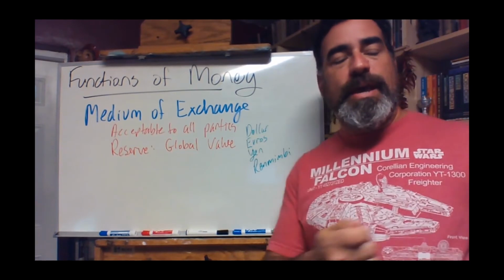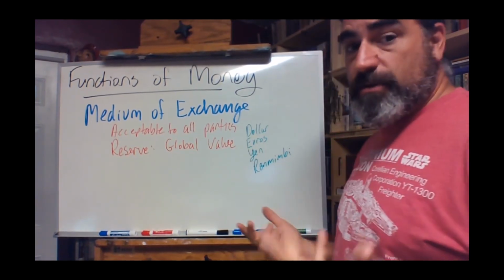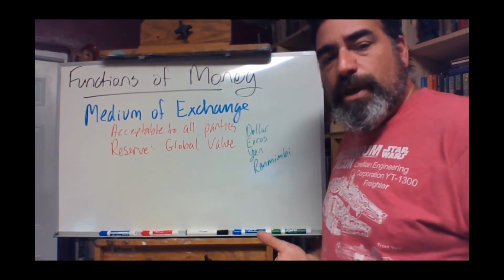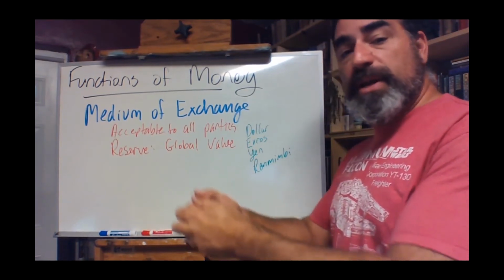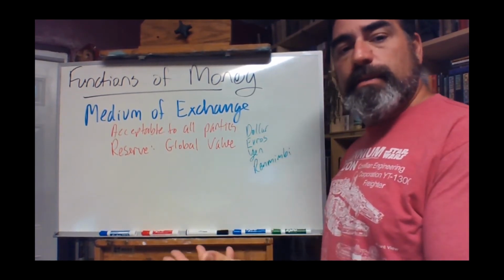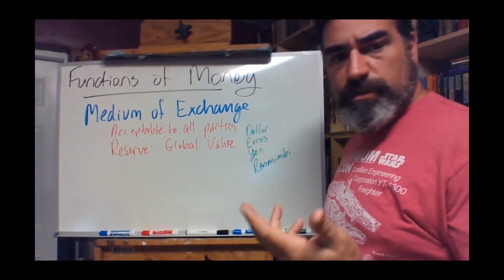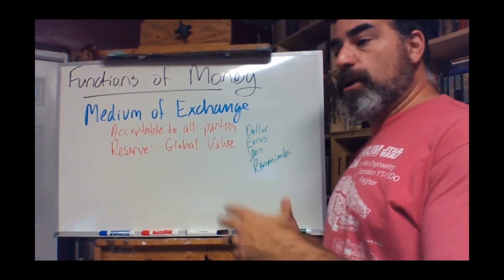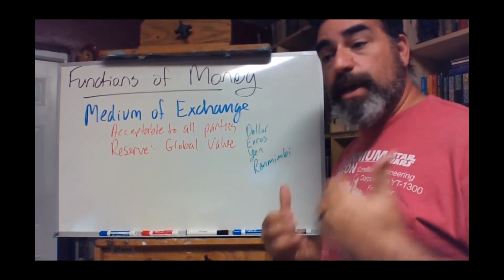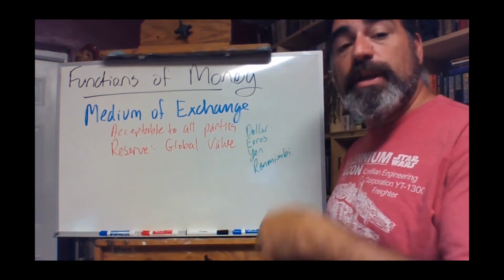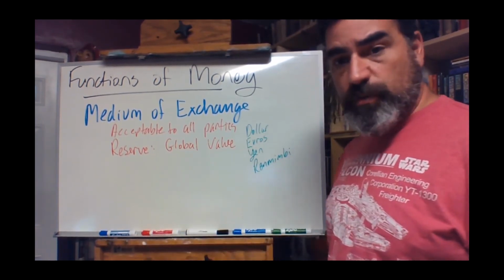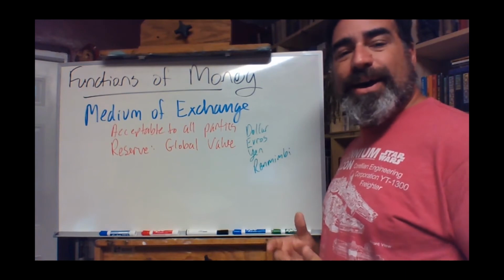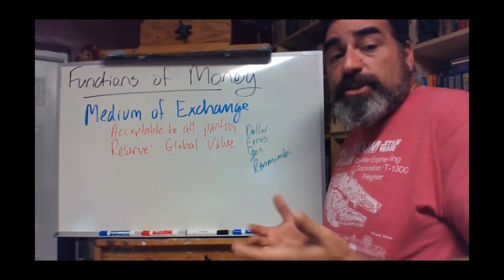If you went to the tanner with your goat, and the tanner didn't need goat milk, didn't need cheese, he doesn't want to do business with you. But if you go with something that everybody sees as having value, then he'll make that exchange. So gold serves this purpose, right? For whatever reason, especially in European society, gold had value. Everybody would accept gold. If you went to the tanner with a gold coin, he'd give you what you wanted, right? It was a medium of exchange. These mediums of exchange, by the way, are arbitrary. It's negotiated socially. It's socially constructed.